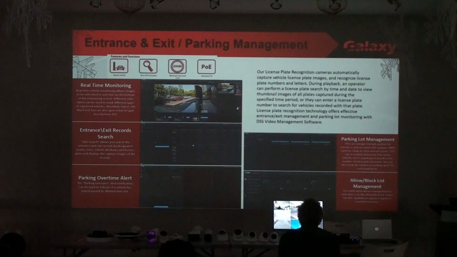Next one is parking lot management. LPR is for entrance and exit management, and we also have various other cameras that can do license plate regulation as well as parking space detection. One camera can take care of up to 100 parking spaces, and it